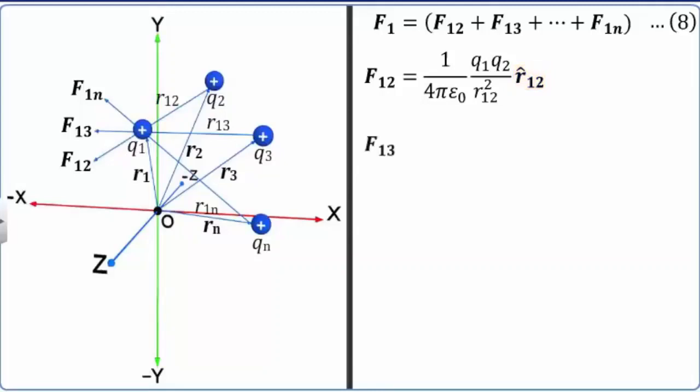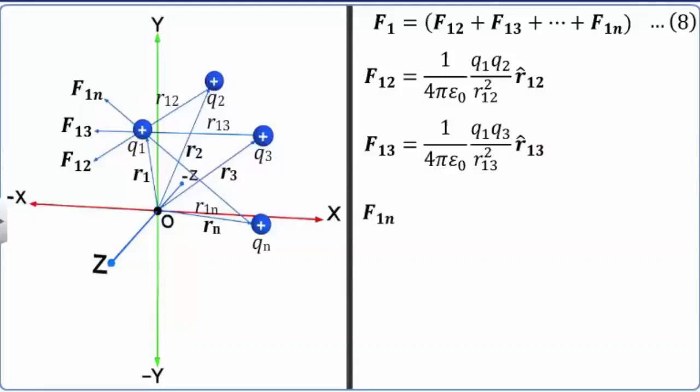F13 is the force on the charge Q1 due to Q3 and is equal to 1 by 4 pi epsilon naught into Q1 Q3 by R13 square into R13 cap. R13 is the distance between Q1 and Q3 and R13 cap is the unit vector in the direction of the force F13. Proceeding in this manner, we obtain F1n, the force on the charge Q1 due to Qn, and